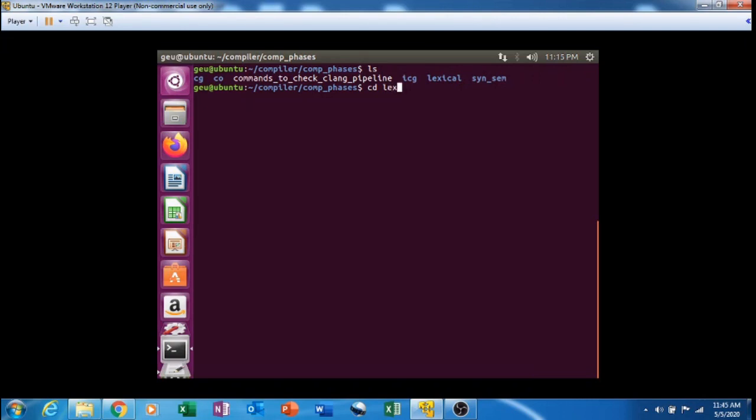Just go to this directory and you can see I have taken a file demo.c. This is a simple file which I have written in C language, and the command I have written here can be used for looking into the output after lexical analysis. But before doing this, you have to install Clang and LLVM, or all the supporting packages of LLVM. Now, if you want to see what is written in demo.c, you can see here